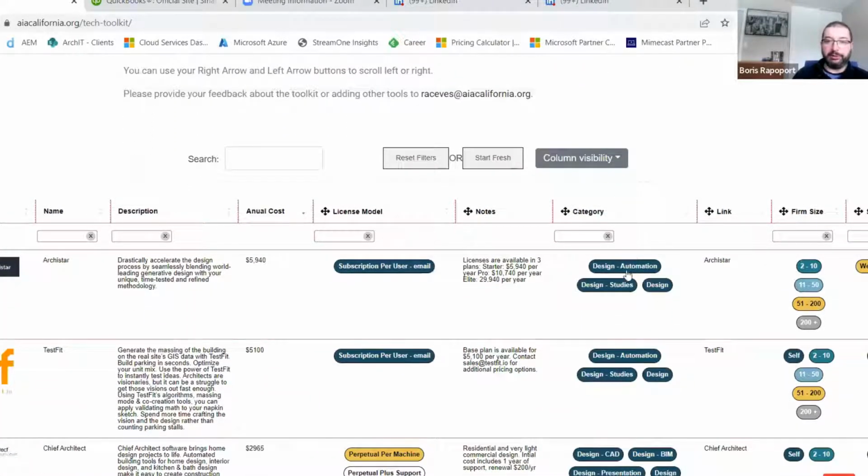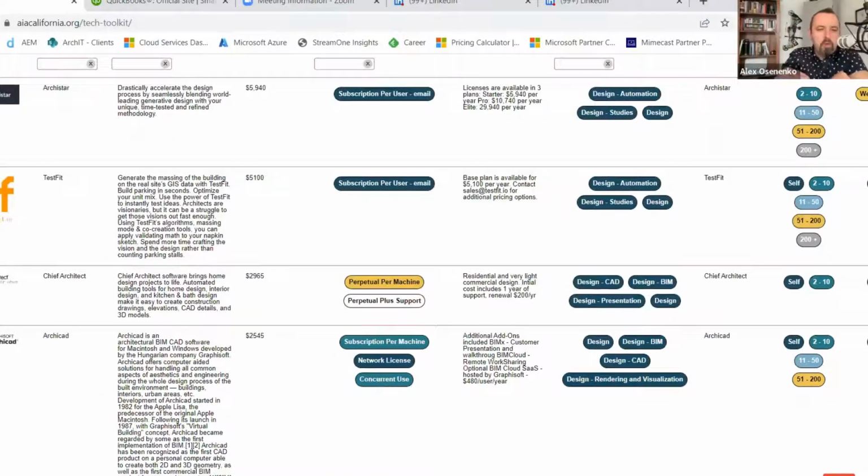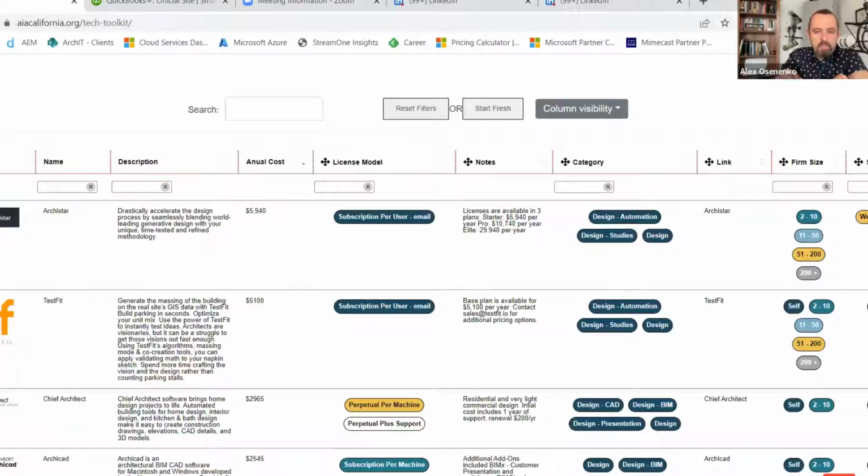Now we can then filter further by subcategories here. Let's go from left to right and explain how this database is structured. Name of the company, description, what they do. Alex, why don't you go from left to right and tell us how this is structured? Sure. What the cost is, annual cost, licensing model. What's in the notes? The notes have some additional notes, and most of the time it's going to be